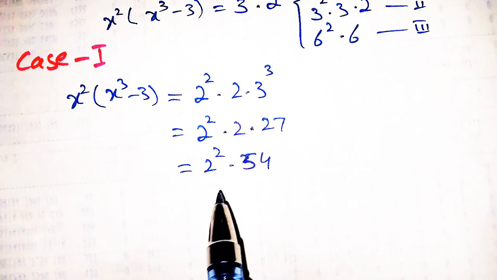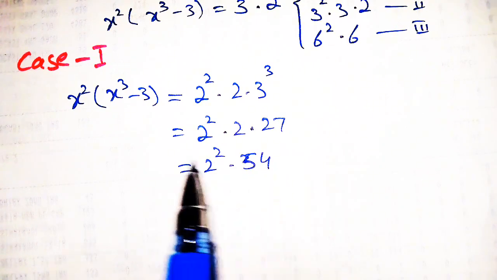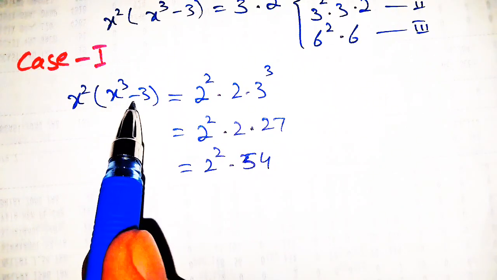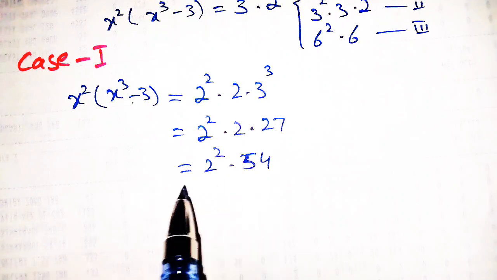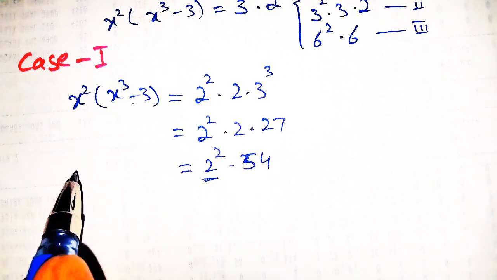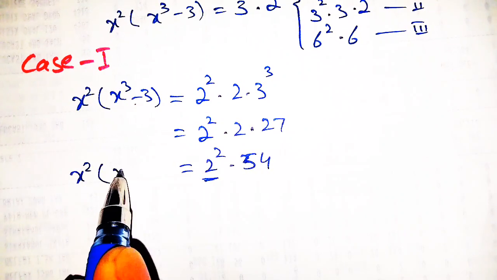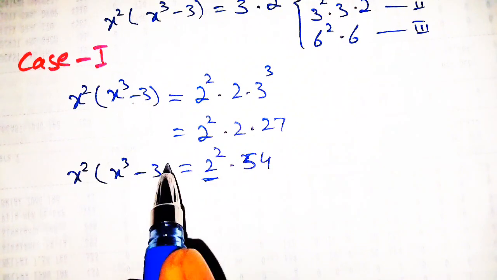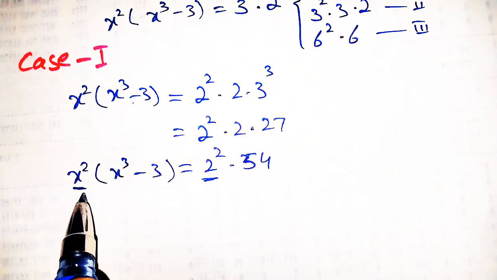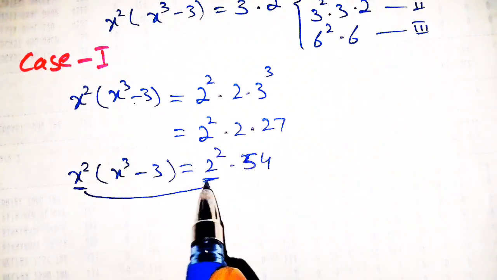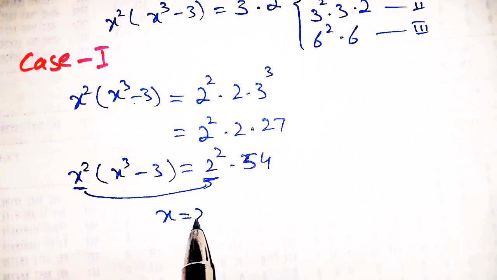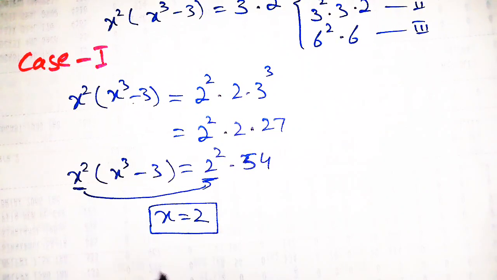So if we convert this 54 into the form of the first term x square times x cube minus 3, comparing these two terms we will get x is equal to 2,